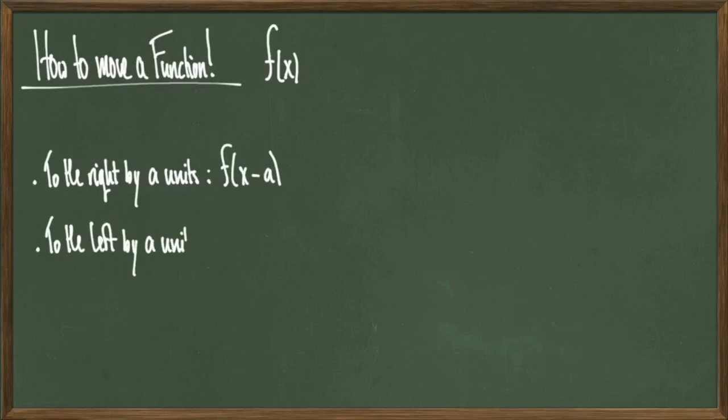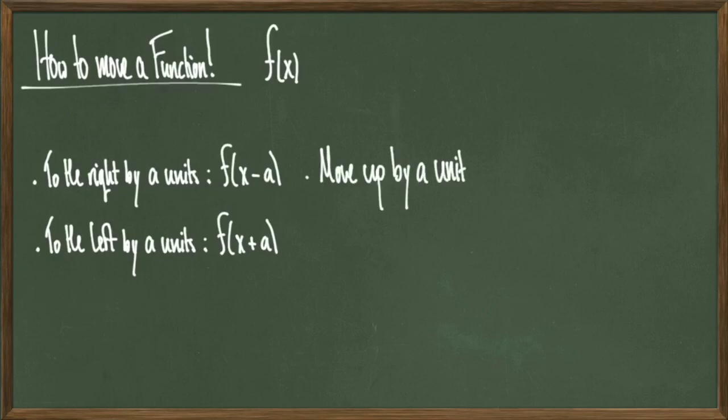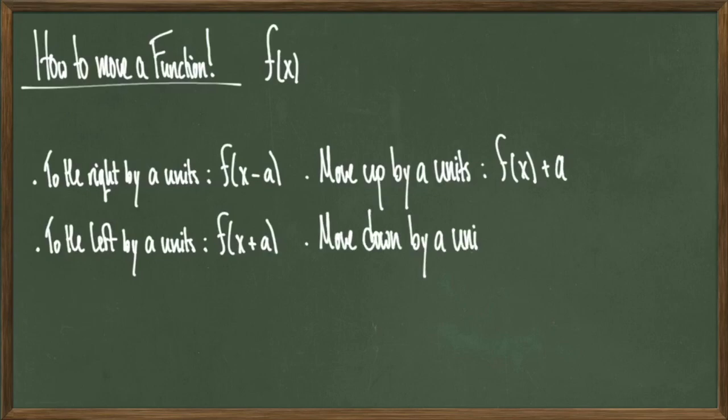To move a function to the left by a units, you would alter the input this way by computing f of x plus a. To move a function up by a units in the xy plane, you wouldn't alter the input, but you would alter the output. So to move a function up, you compute f of x, quantity, plus a. To move a function downward by a units, you would compute f of x minus a by altering the output,